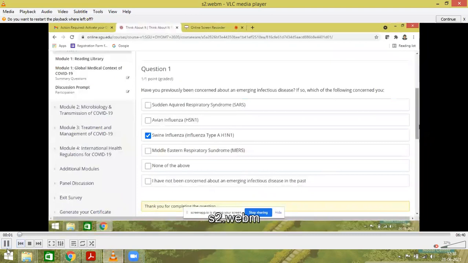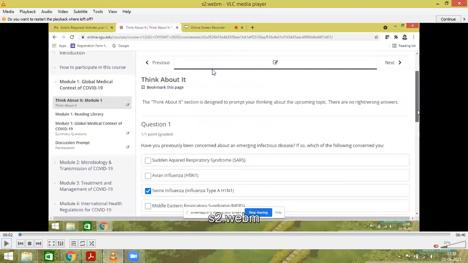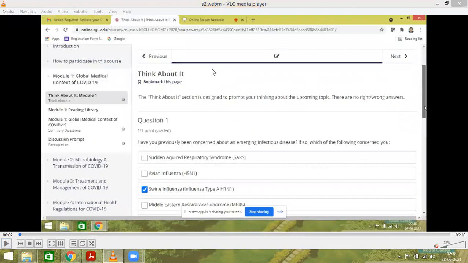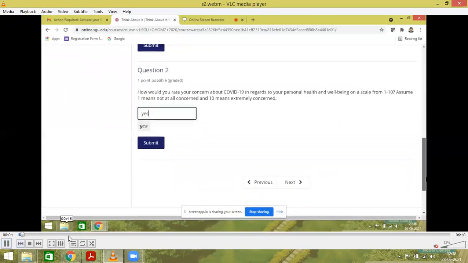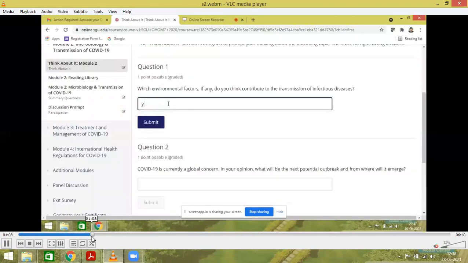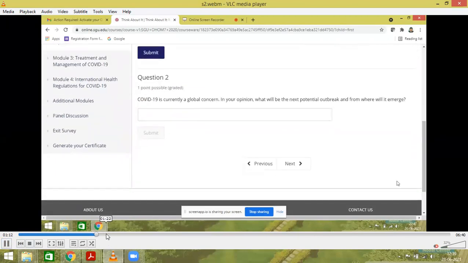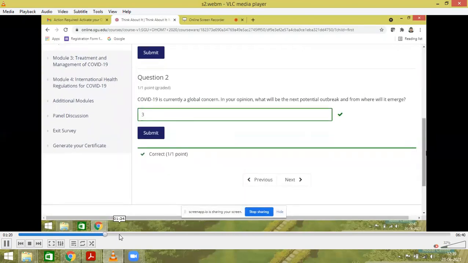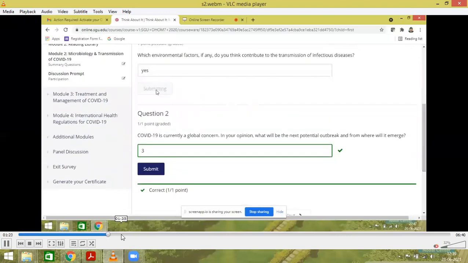Let me share the screen. You can see here. So for every module at the end, you will have 2 questions minimum. You have to finish this to get the certificate. For any question, the answer to question number one is yes, and the answer to number two is 3, the numerical value. You can see here, yes and 3. So directly you can use yes and 3 everywhere. These are the predefined options. You will get the correct points. For each question, there will be a point.